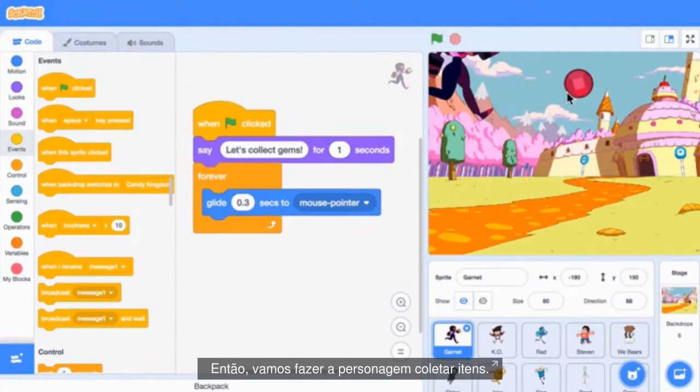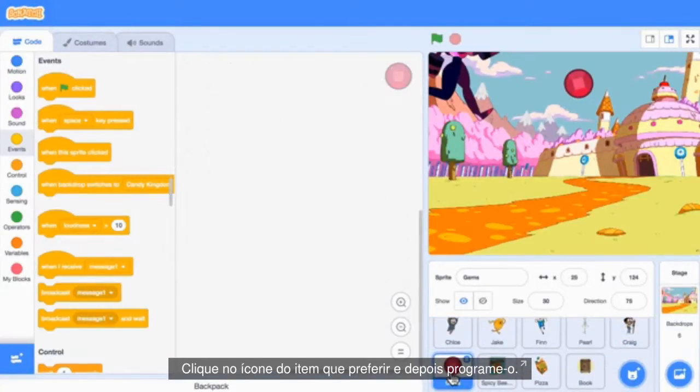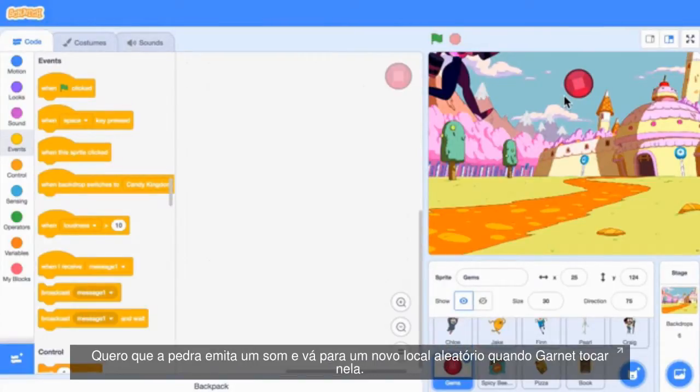Now, let's make our character collect items. Click on the icon of the item you want. And now you can program the item. Make sure you click show to make your item show up. What should we make the item do? I think that when Garnet catches the gem, I want it to play a sound, and then go to a